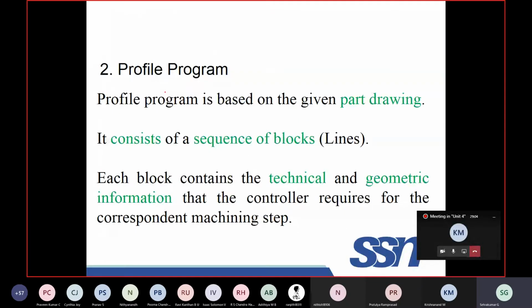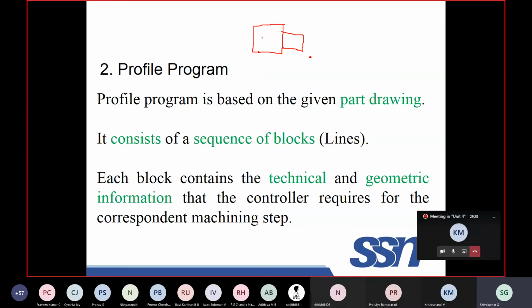Next, the profile program. This is where we are going to do the cutting. Since we are discussing lathe, I want to do step turning. In this case my initial position is here. After this I am defining the movement of the tool.